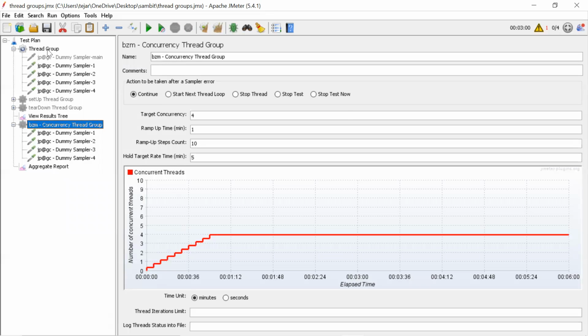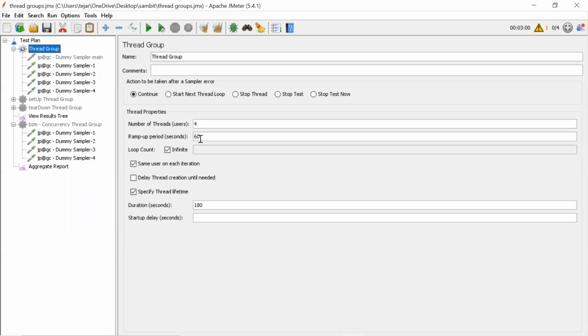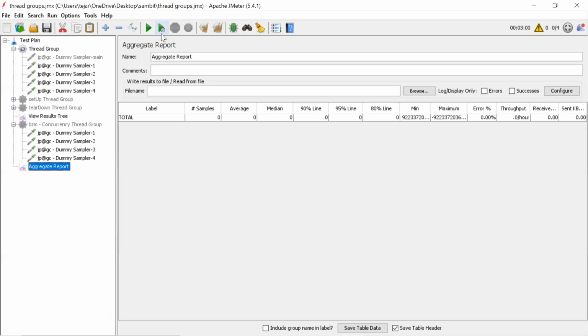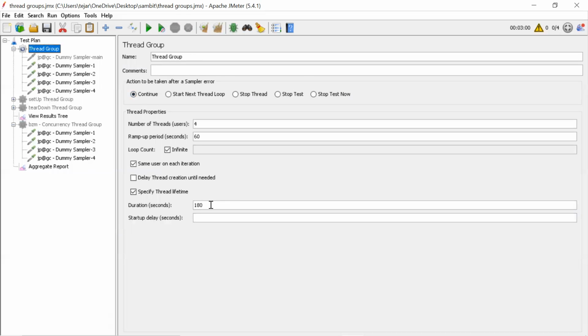Okay, what we have given: 60 seconds, 1 minute ramp up, and 180. Correct, 3 minutes. And startup delay is no startup delay. Okay, so 2 to 60 is the count. Let's clear it. Or no, here I need to give 120, because 3 minutes out of 1 minute is just ramp up only. Yeah, 120. Okay, 2 minutes and 1 minute ramp up.